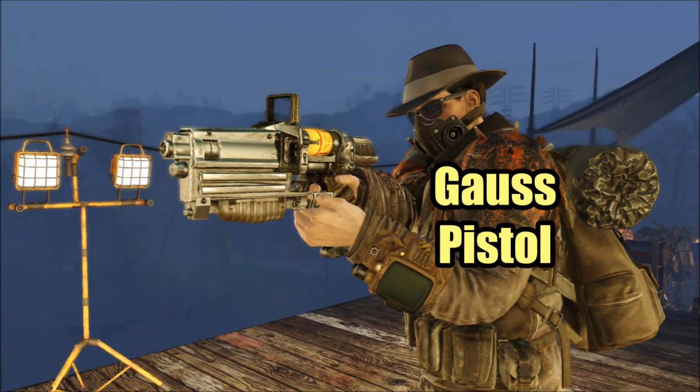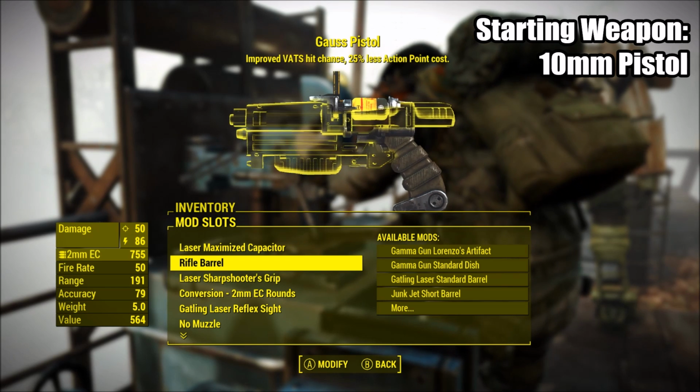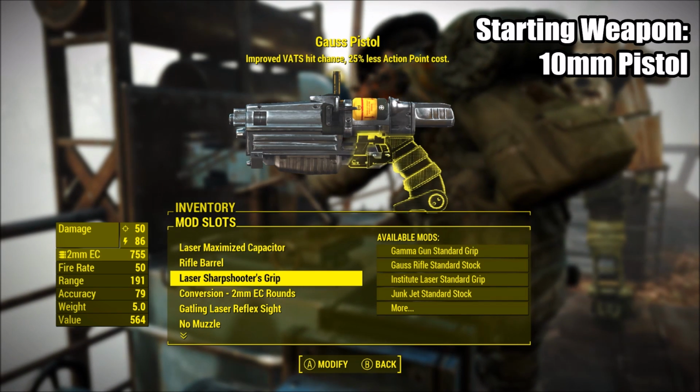I was also asked to make a Gauss Pistol. Now, a Gauss Pistol I really like. I think this is a very nice weapon to use. What I did to make it was I had the 10mm pistol as